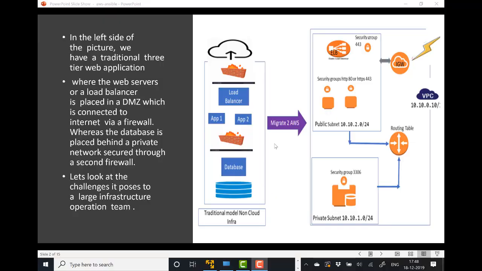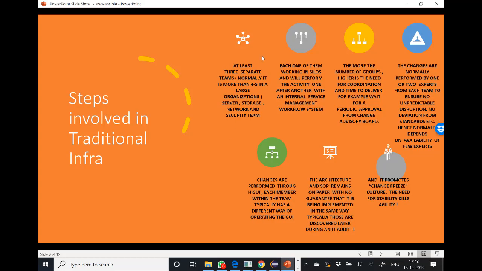So before starting the demo, we would like to give the background, which was shown in the presentation before, is that this is the traditional infrastructure for maintaining this kind of infrastructure in an enterprise environment. Normally there will be multiple teams: server, storage, network, security, and each one of them will have a series of work which will go through a workflow, and each of the changes first will be proposed, will go through a CAB, and then finally